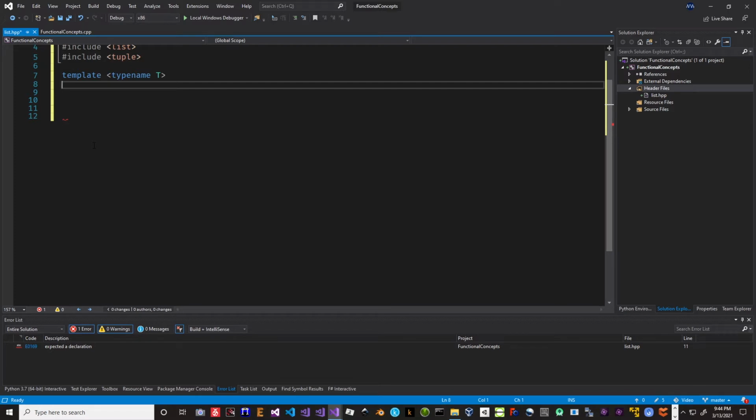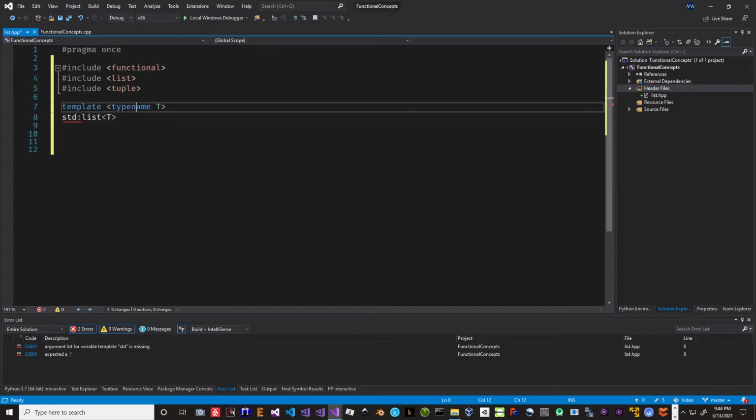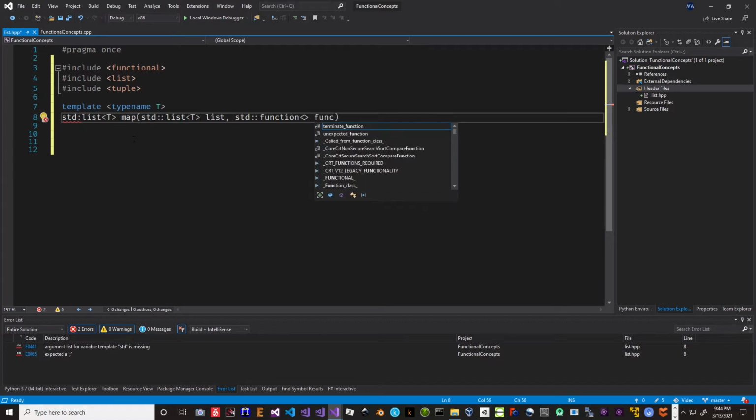For this first function, we want it to return a list of type T. This is where our template function stuff comes into play. We're going to be giving it the type of the elements of that list, and we're going to call this function map. To map, we're going to send it a standard list of type T, and we're just going to call that list. Then we're going to send it something else from functional. We're going to send it a function. Now this is where it gets a little bit weird. I'm just going to call this